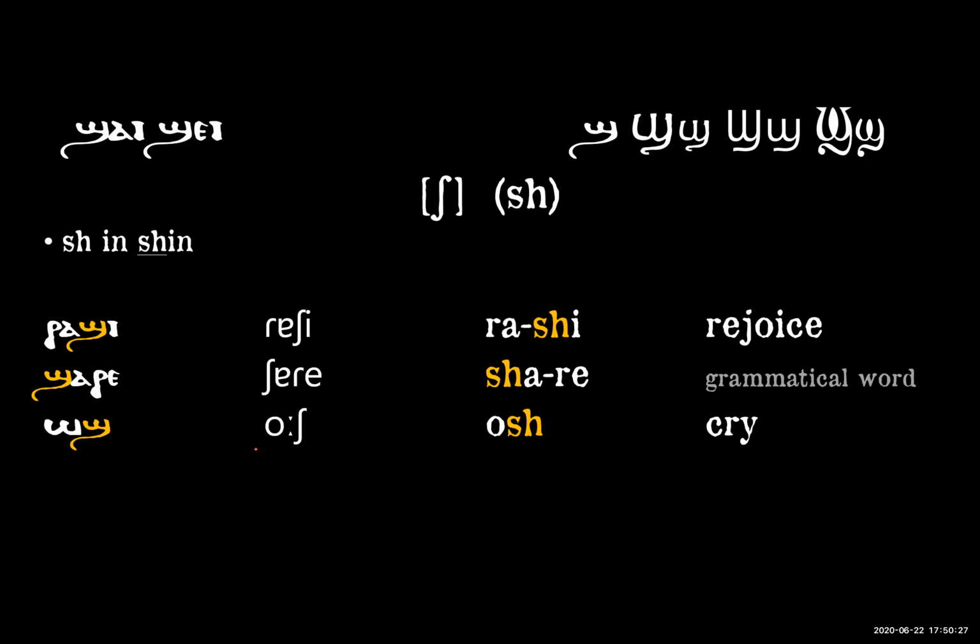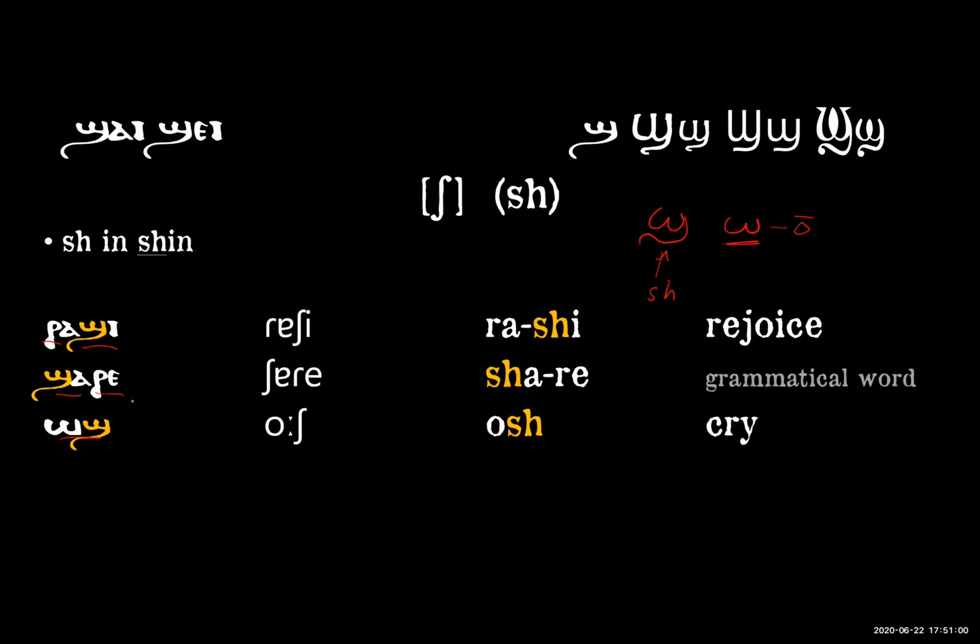Now this letter, it looks like the omega letter we learned before. It looks like O, except it has a tail. So you need to see the difference between these two letters. This one is just the O sound, but this one always makes a sh sound. So here's some examples. We have Rashi, Share, Bush. Rashi, rejoice. Share, it's